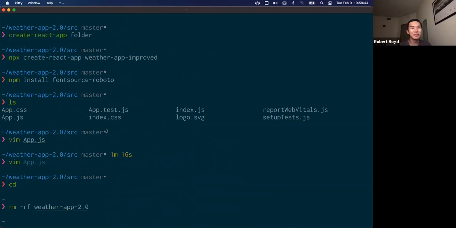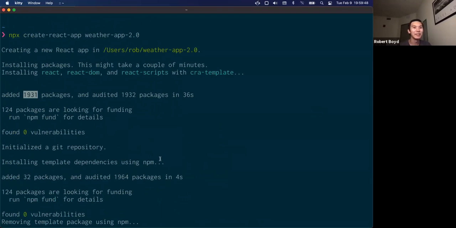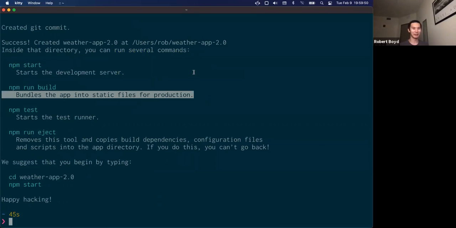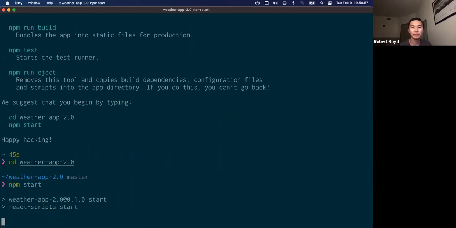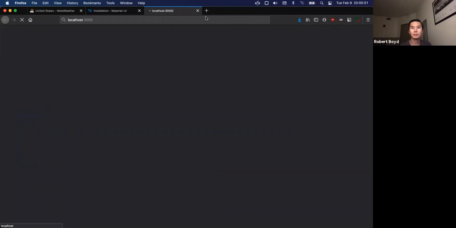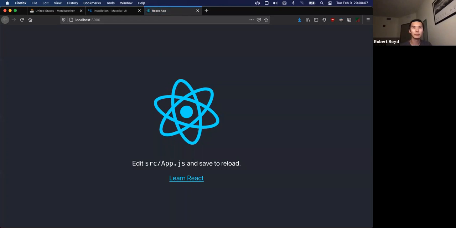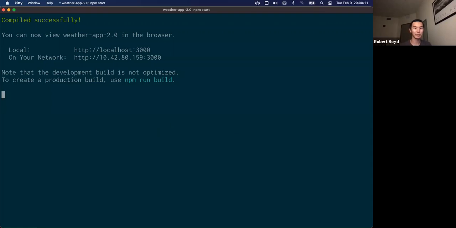Yeah, so actually, no, this is interesting. So React has a whole bunch of dependencies, 1,931. So there's a lot of different packages around there. Okay, Weather App 2.0. Let's start. Okay, this seems to be working. All right, so